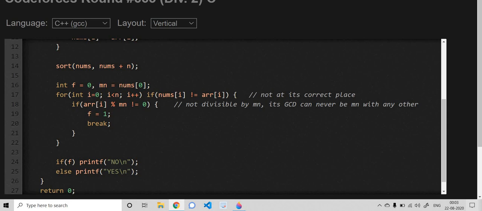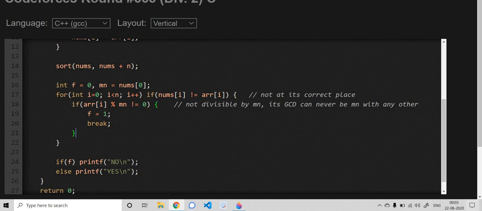For all the elements which are not at the correct position, a[i] is not equal to nums[i]. Now I am checking if that element is divisible by mn, that is, whether the GCD of mn and a[i] is not equal to mn. It means there is no way we can arrange these numbers in ascending order. I have set the flag as 1, and if the flag is equal to 1, I am printing no.